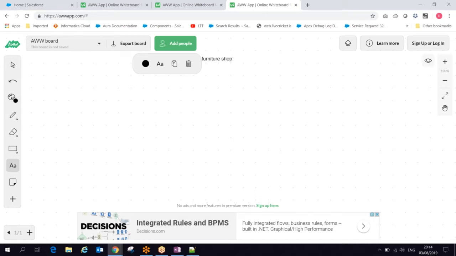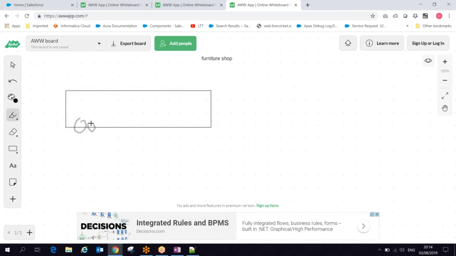Okay. Now what's going to happen in this furniture shop? There is one lorry that has so many furnitures. Now you have some laborers who are going to take the furniture from this lorry to your inventory or somewhere. They'll carry this.